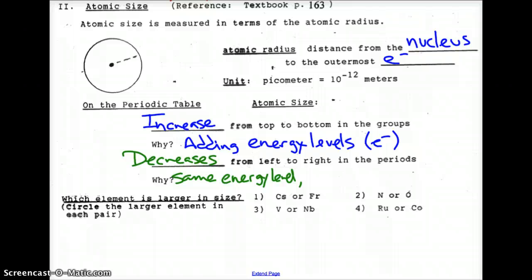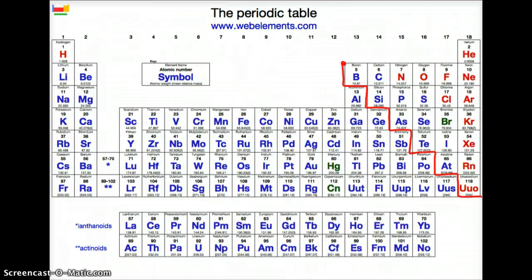And positive and negative charges attract each other, which means that added protons pull on added electrons. A greater pull from the nucleus means a smaller final result. So the atoms get smaller as we move to the right,